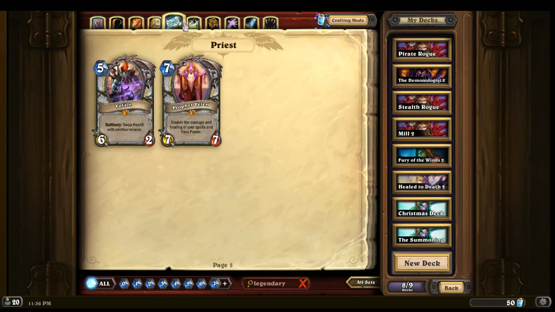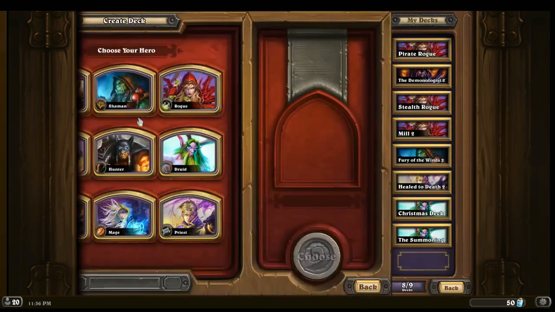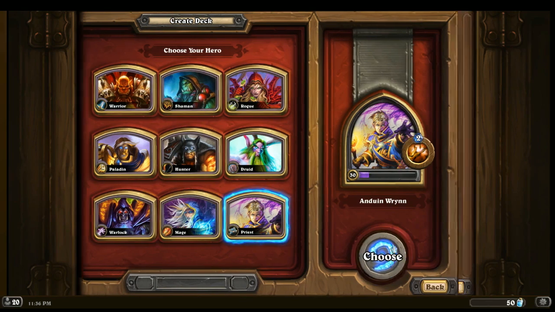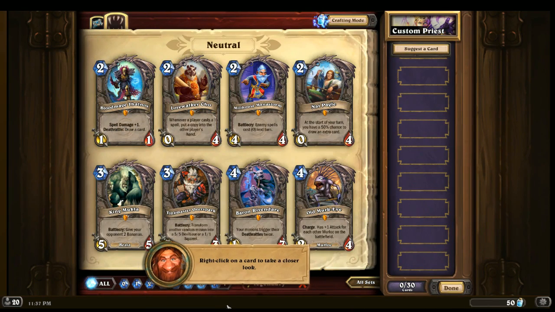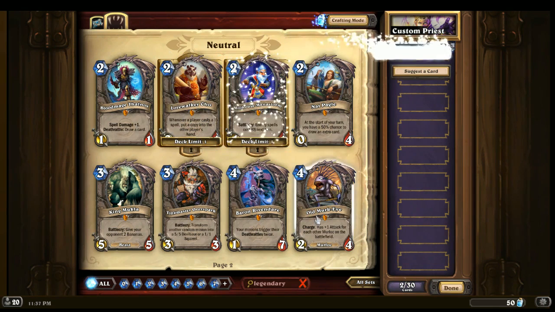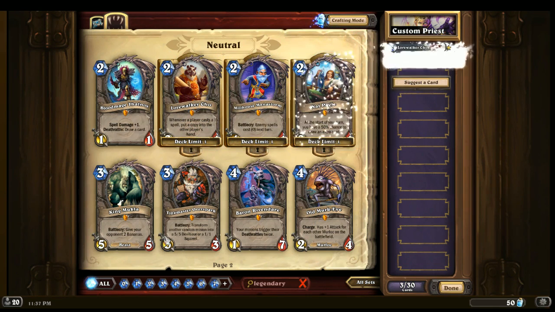But yeah, I think let's roll up a Priest one. I can see a Priest one working. See if we can get 1 win with this. That would be impressive. Okay, so you take Cho, you take Millhouse, you probably take Pagel for draw, you take